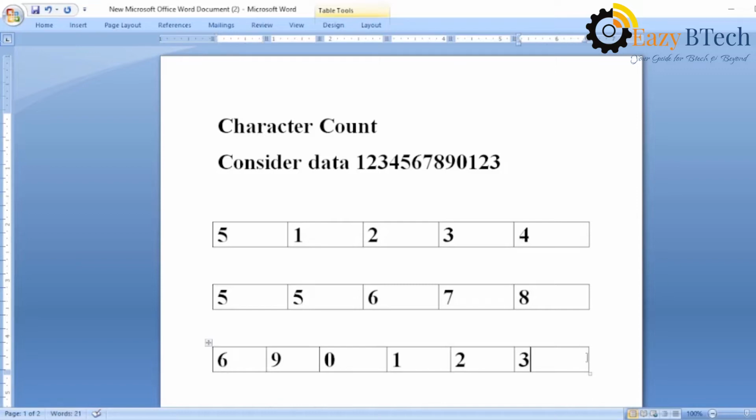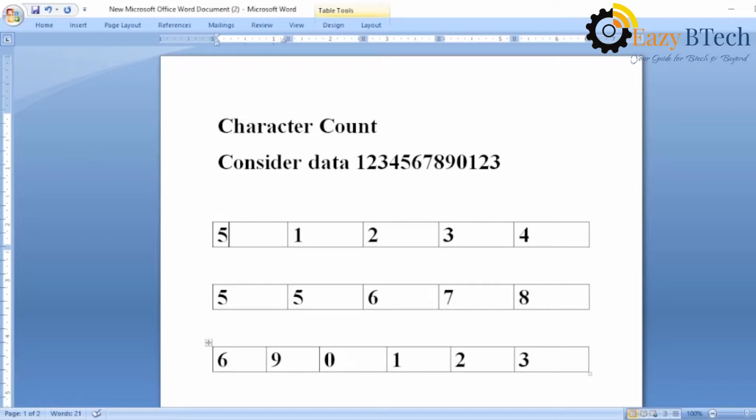We can easily identify the use of character count in the header format. 5 means including this character, 5 characters, that is the end of the first frame. The next 5 characters, that is the end of the next frame. So by seeing the starting character of a particular frame, we can identify, oh, this is the end of the frame, right?